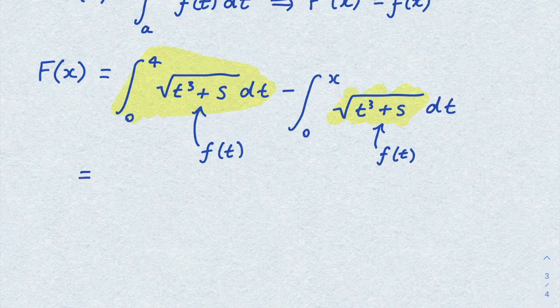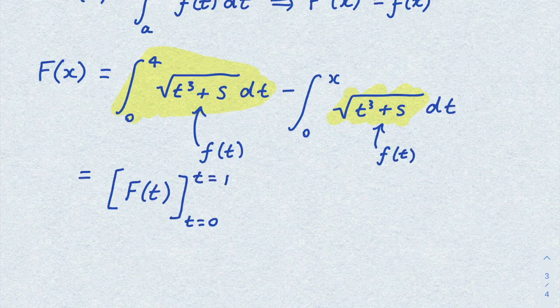Okay, so what that means is when we take the integral of this function, we're going to end up with the antiderivative uppercase f of t, because this is what the Fundamental Theorem of Calculus states. It states that the function uppercase f is the antiderivative of lowercase f. And this result has limits t equals 0 and t equals 4. And then we're going to subtract the antiderivative uppercase f of t, but this time we've got limits of t equals 0